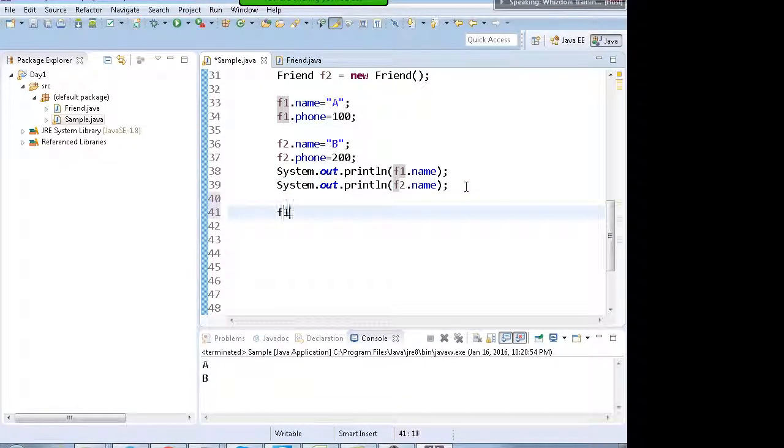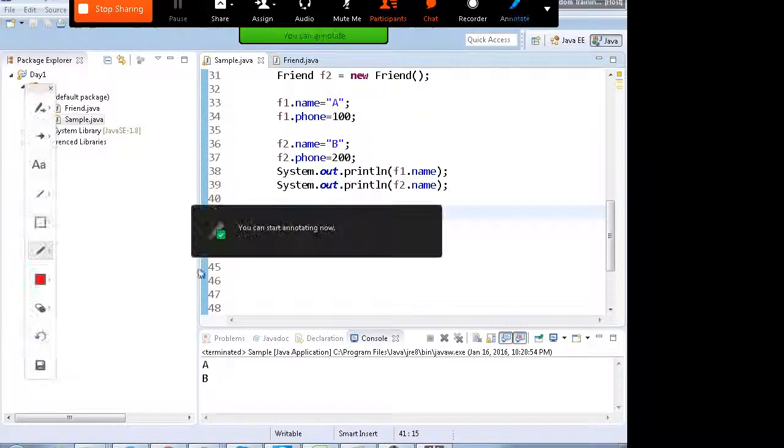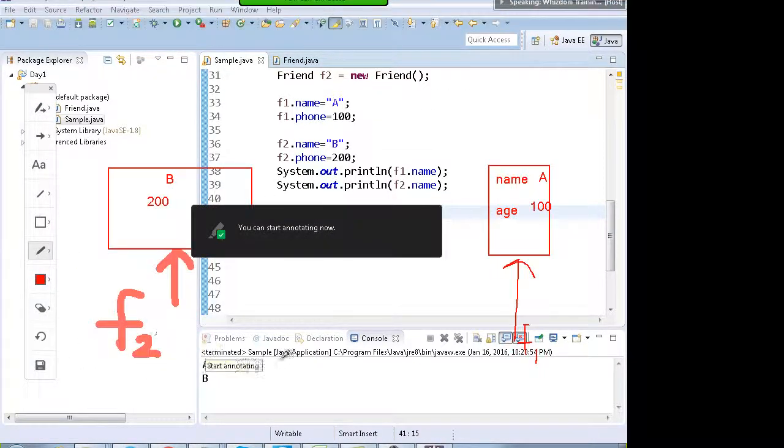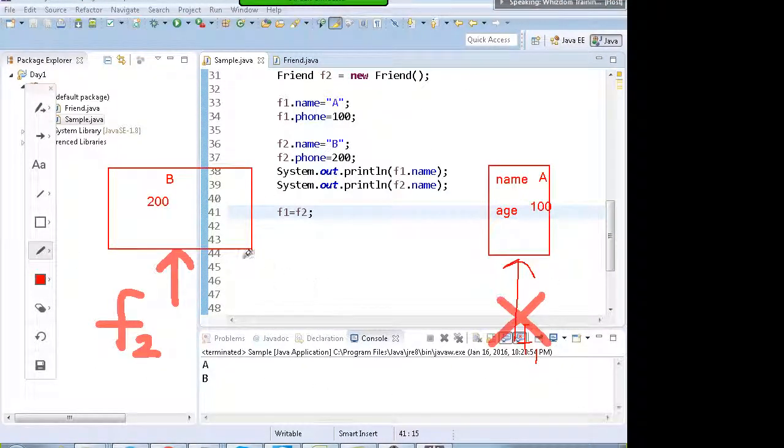If I write f1 equals to f2, what will happen is that it removes this reference from here and points f1 towards the same object to which f2 was pointing.